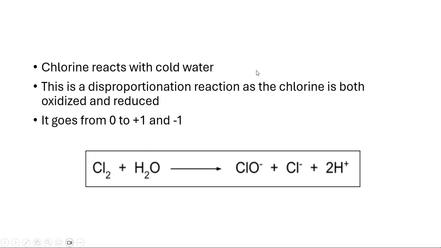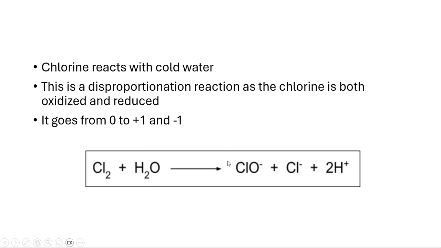Chlorine reacts with cold water. This is a disproportionation reaction. If you watch the redox video, you should know about this. I'm pretty sure I put this example there as well. A disproportionation reaction is when one species is oxidized and reduced at the same time. As you see here, you need to memorize this equation, because we'll ask you